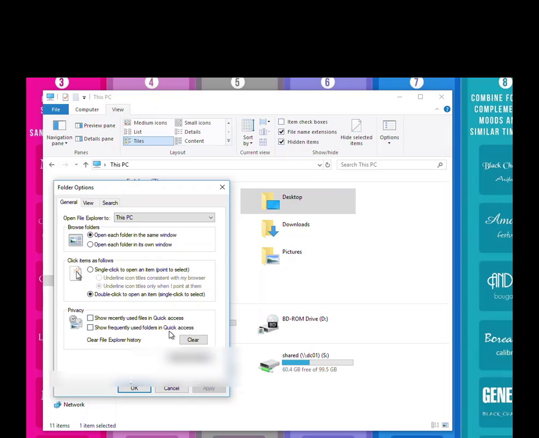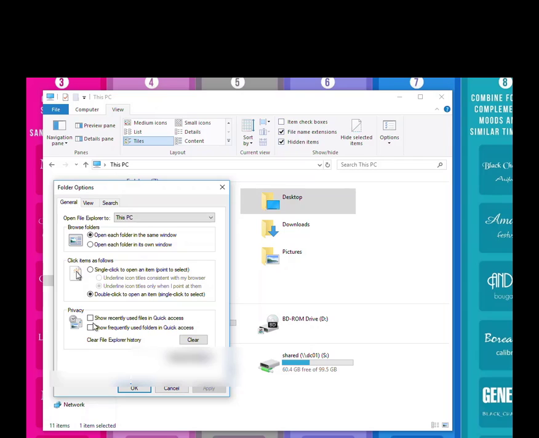The second thing, and what's really important, is what they call privacy, and it says show recently used files in quick access and show frequently used folders in quick access. You can check these or uncheck these as appropriate for you. I get into a lot of different folders every week, and I found it cluttered up my quick access and made it almost unusable because there were just too many things in there, especially during tax time, folders that I don't need all the time. It ended up being a rotating list of stuff that didn't make sense for me. So for me it made more sense to uncheck them,